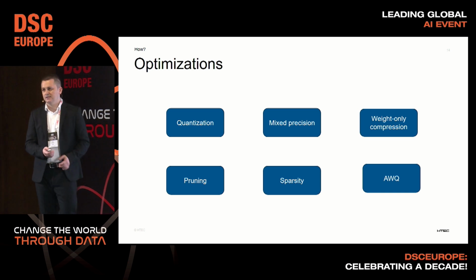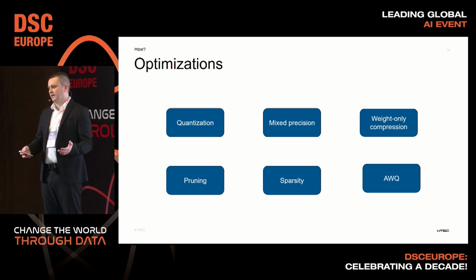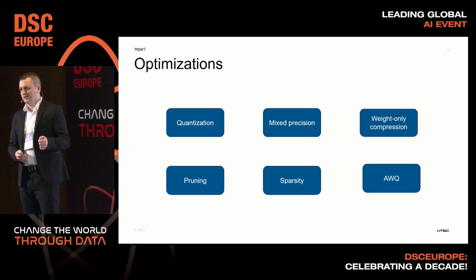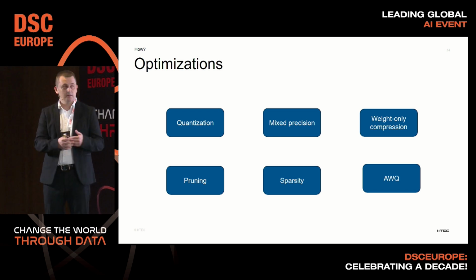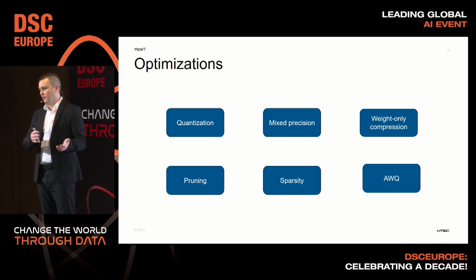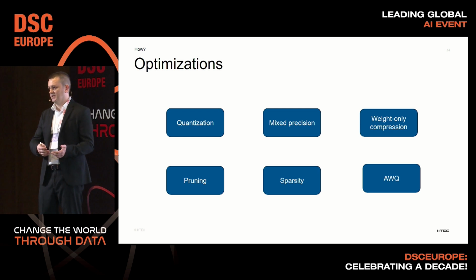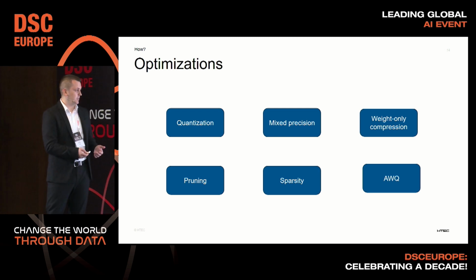Weight-only compression is enabled in some of the compilers. Say I already have trained models where the weights are FP32. With this flag I can tell the compiler, let's compress those weights. This is very important for reducing the memory footprint of your entire model, and the cost of that is decompression, or dequantization, that needs to happen at runtime. I will talk briefly about that.